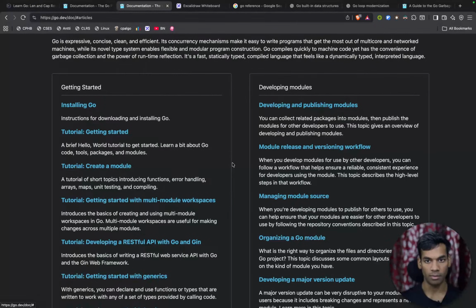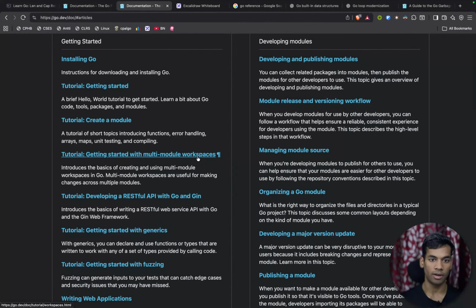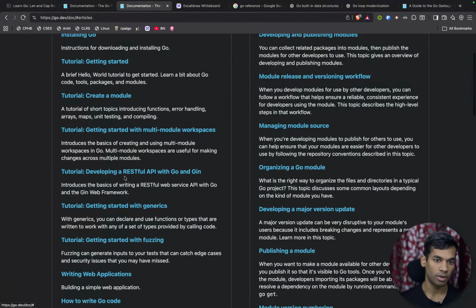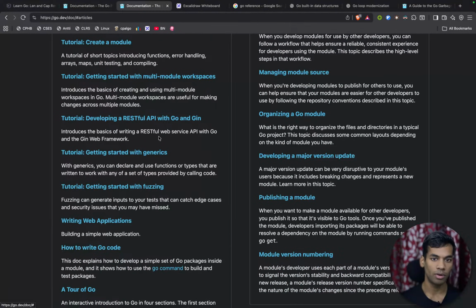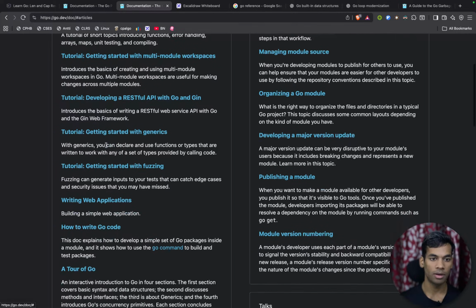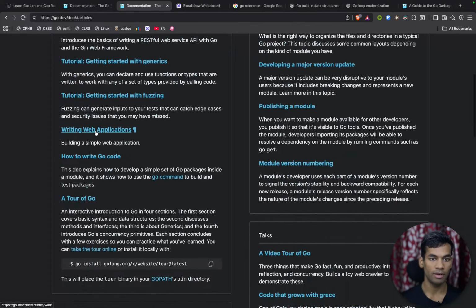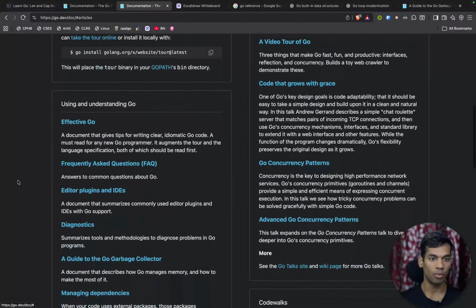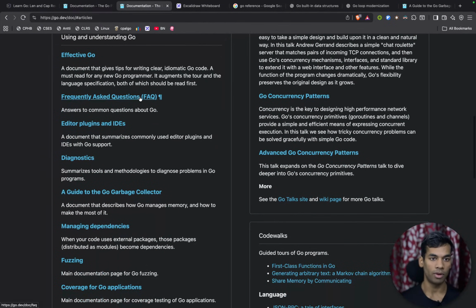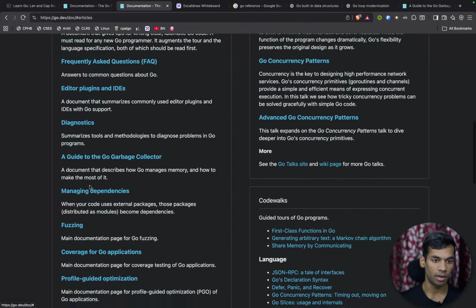But where are the in-depth articles? Developing modules, getting started tutorial, create a module tutorial, getting started with multiple module workspace, developing a RESTful API with Go and Gin, getting started with generics, getting started with fuzzing, writing web application, how to write Go, effective Go, FAQ, editors, plugin, diagnostics,